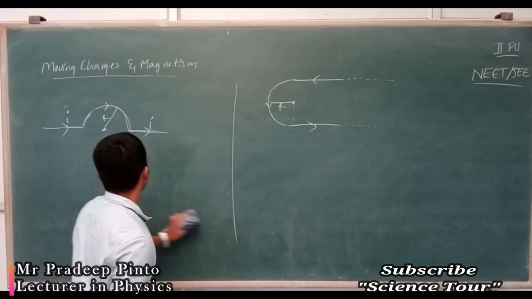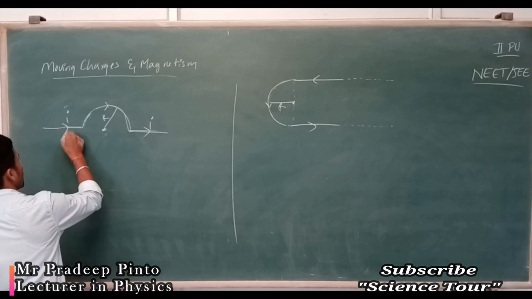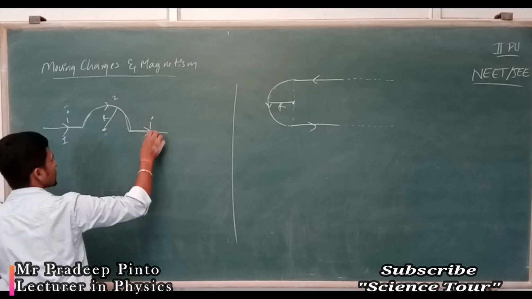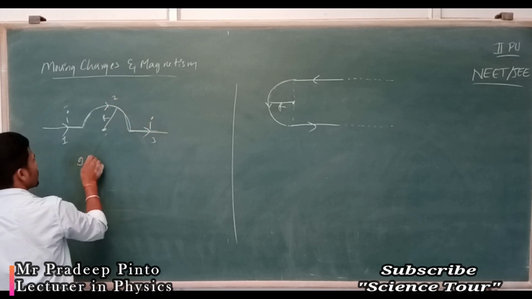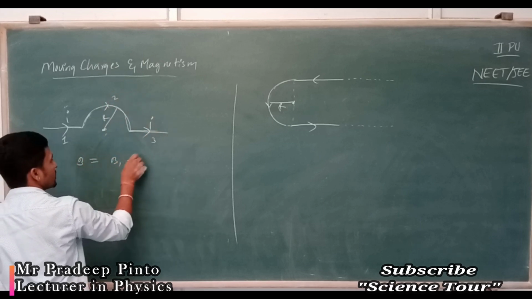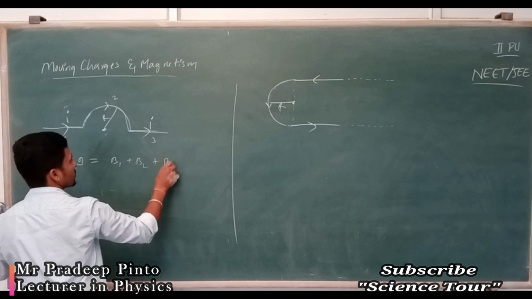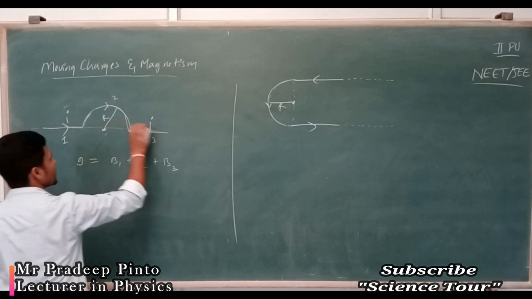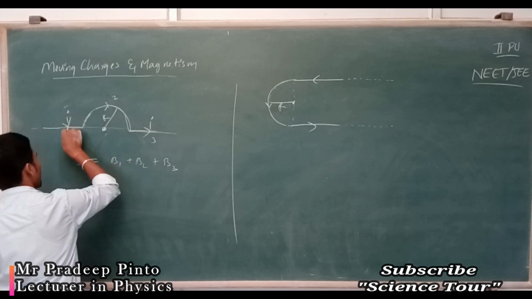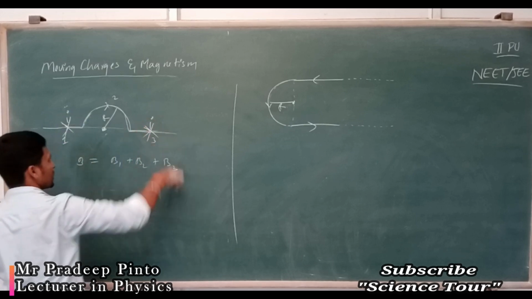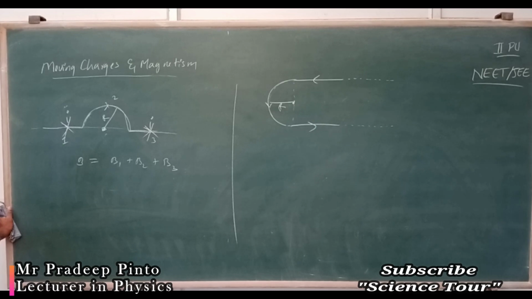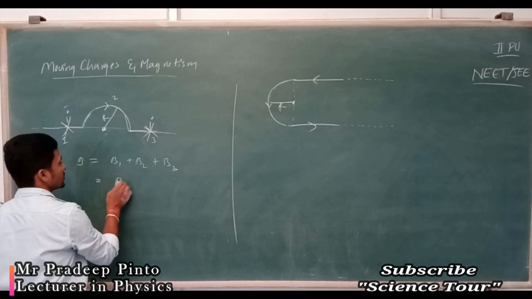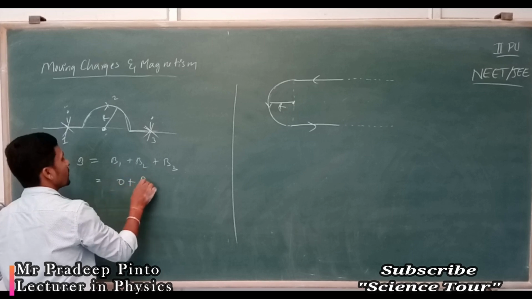I am going to divide it in 2 ways or 3 ways. It is the first case, the second case, the third case. So the total magnetic field is because of B1, because of B2 and because of B3. Now the point lies along the line, which means the contribution to the total magnetic field from the first and the third is 0. So I can write 0 plus B2.